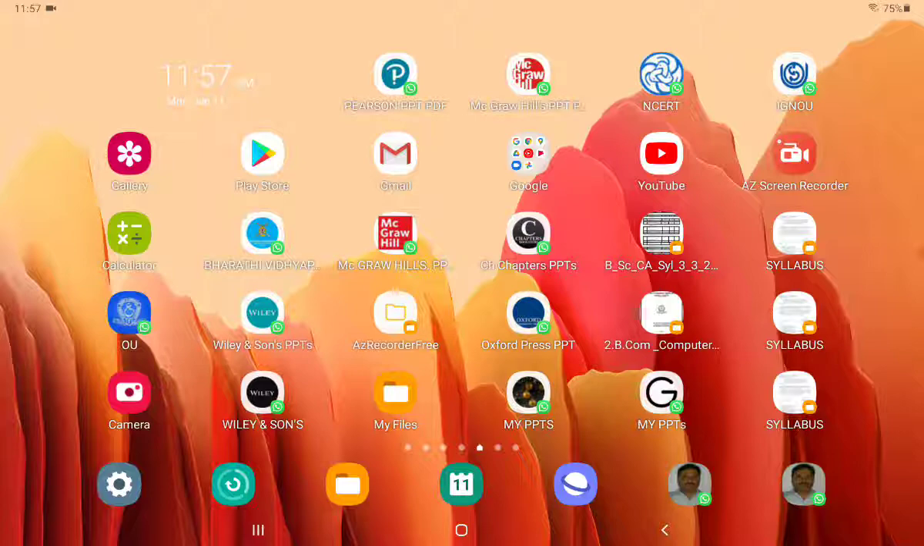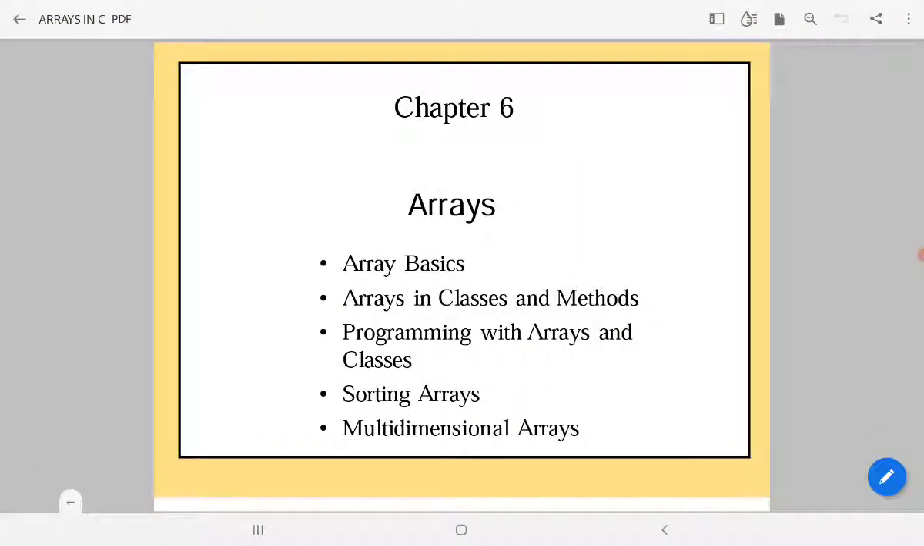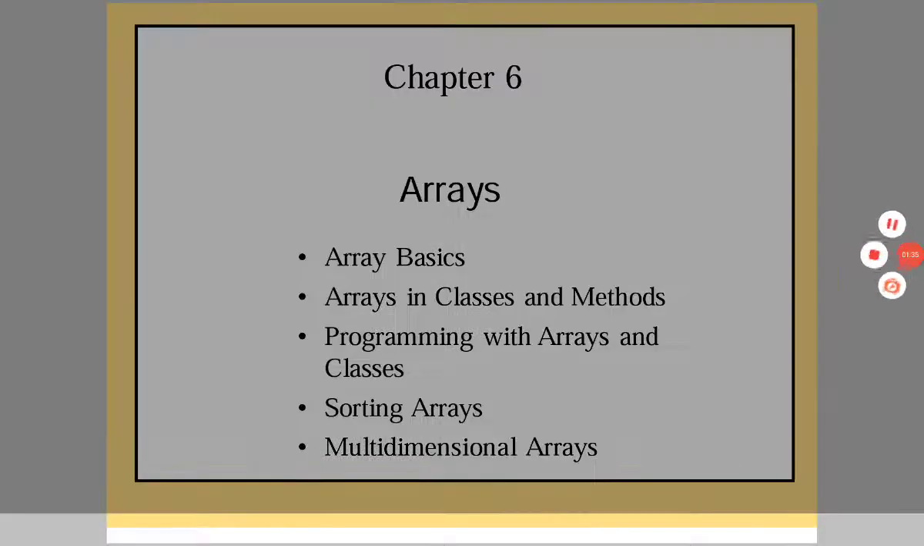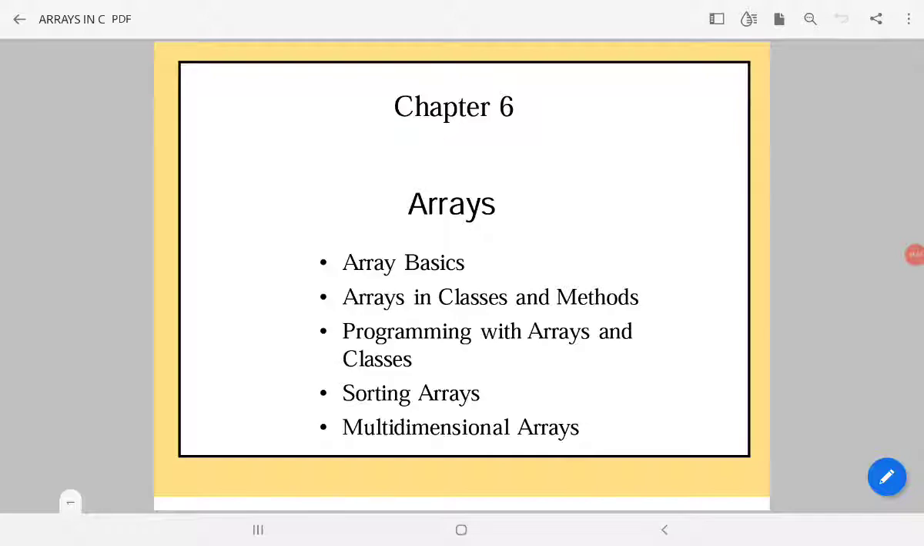What is an array? What is the definition of array? How to create arrays in C? What are the different types of arrays? One-dimensional array, two-dimensional array. How to initialize arrays? How to use arrays in C programs? All these things we may discuss here. So this is the PPT. So we start with